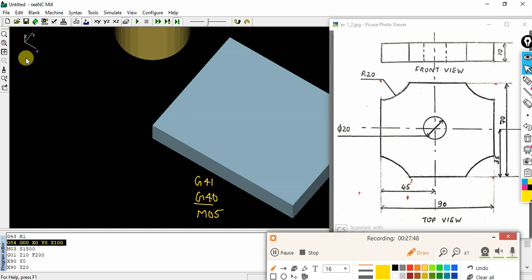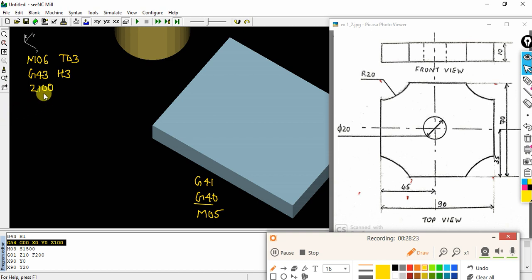So let me start with a new tool, M06 T03. For drilling operation I need to insert a new twist drill tool. And define its G43 H3. So its offset you need to define. Next, let me lift my cutting tool Z100.